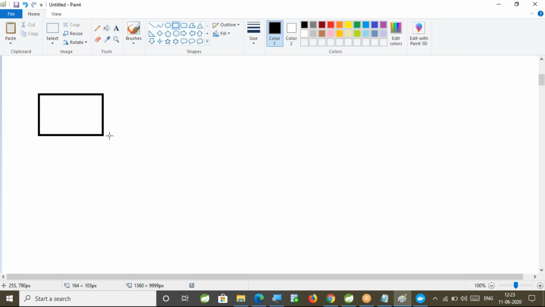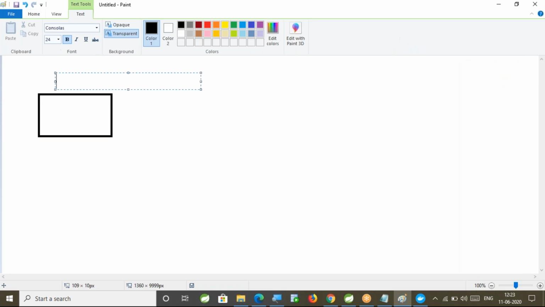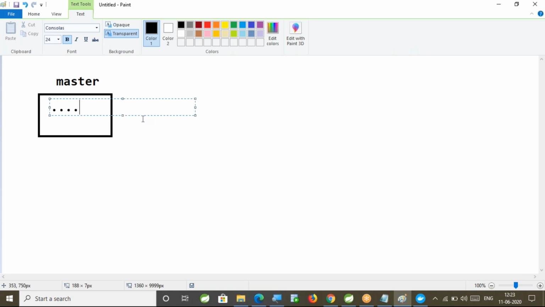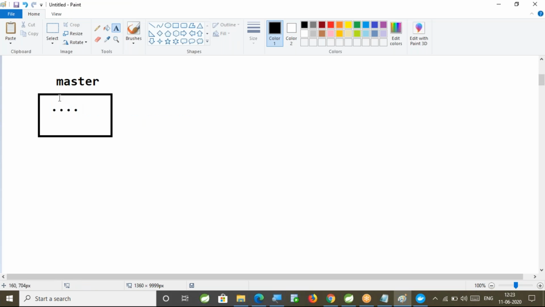Here I have a code which is called master. Several files are available here. My coding files, our Java project files, are available. I don't want to modify my files here. What I will do is, from this master, I will create one branch with a name called develop.